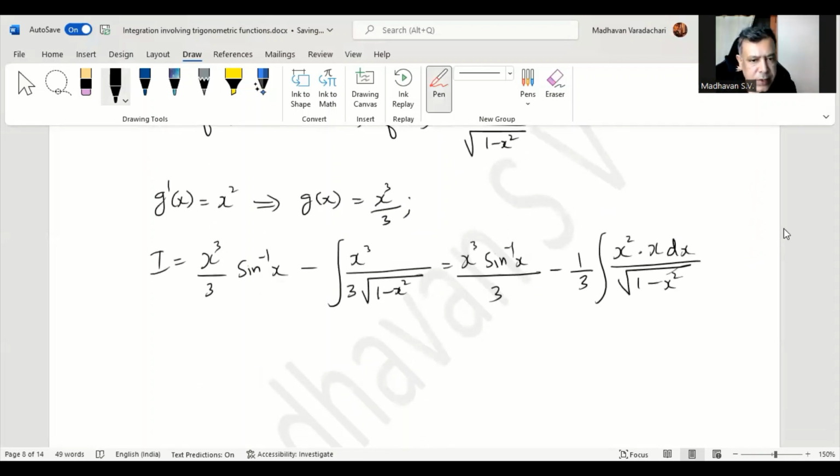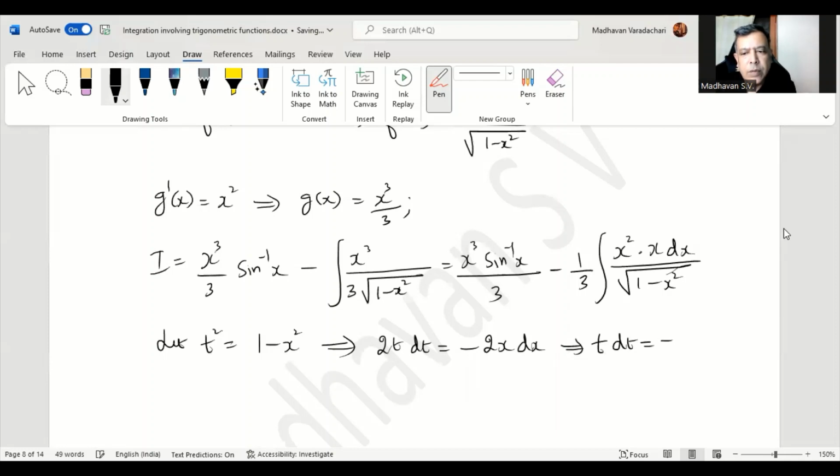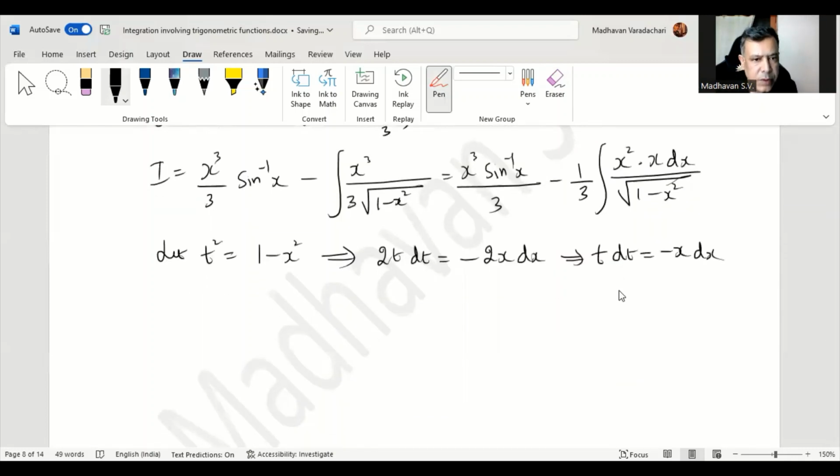Now we will assume let t square is equal to 1 minus x square. If I differentiate both sides, we get 2t dt is equal to minus 2x dx. We can divide both sides by 2, so we get t dt is equal to minus x dx. So the integral we have can be rewritten as x cube sine inverse of x divided by 3